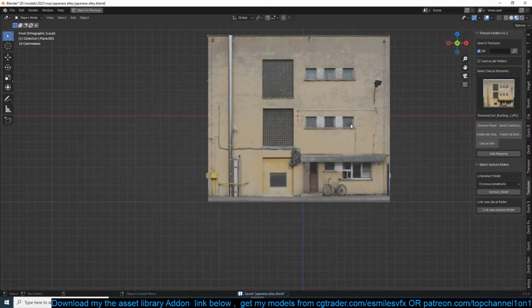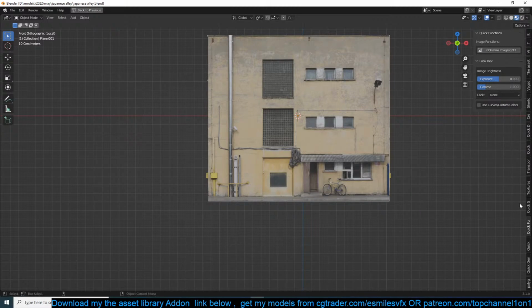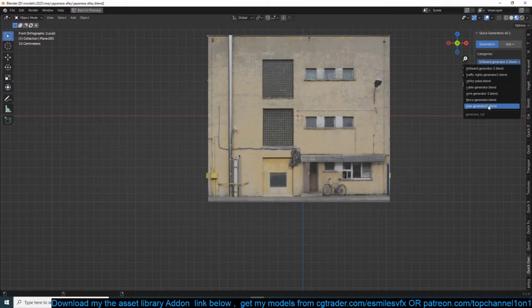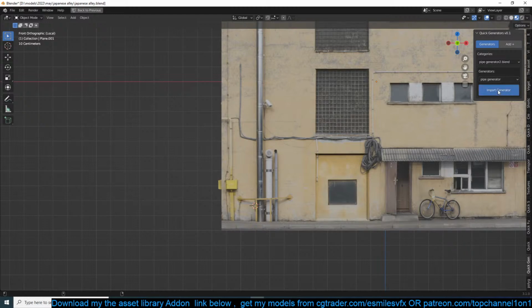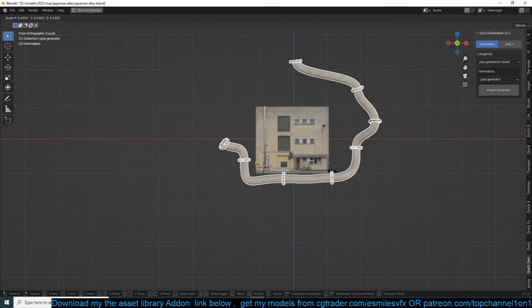Now it has some pipes, and the great thing is that I have a new add-on called Quick Generators, which is basically a library of geometry nodes generators. So these are procedural things. I have a pipe generator in there, so I can just import that. Okay, this is way too big.